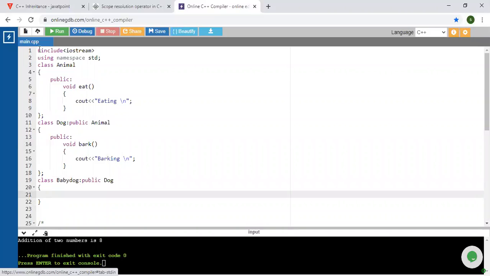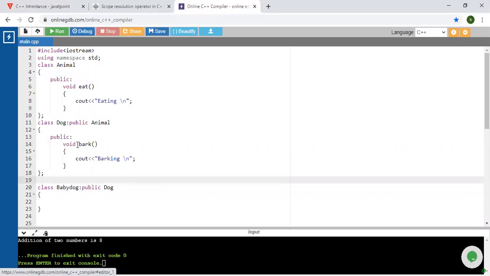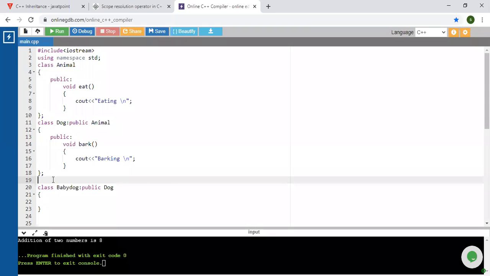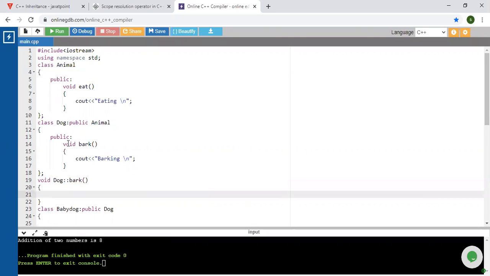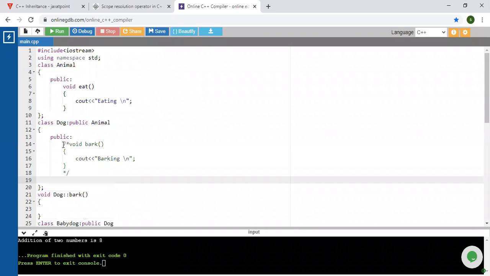Suppose we have to define this particular method void bark outside of this class. At that time we have to use the scope resolution operator. Did you write it like this, Sakshi? Suppose we have to define that particular function outside of the class, instead of this.